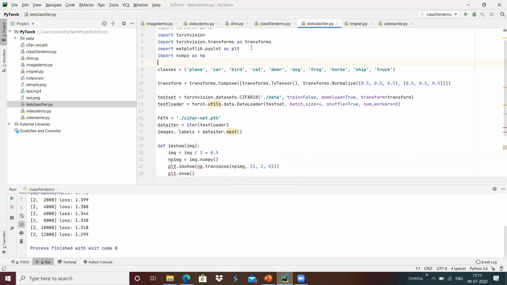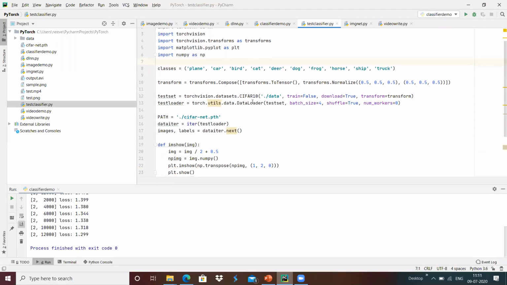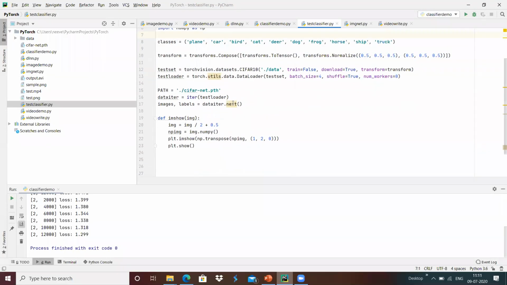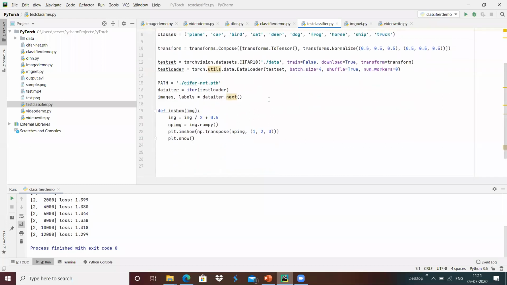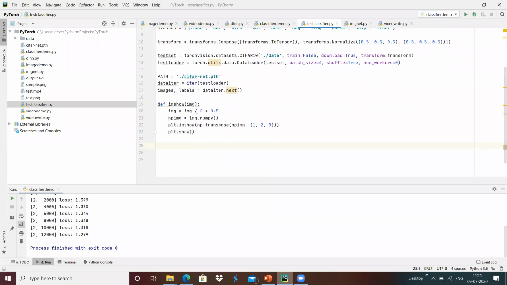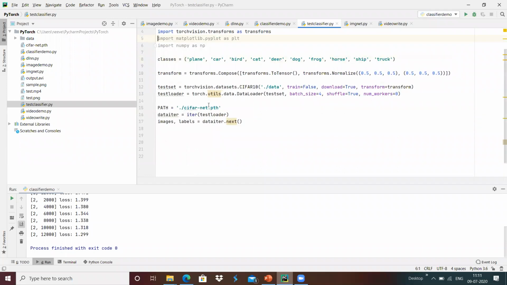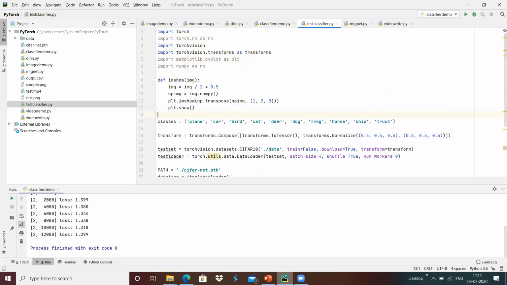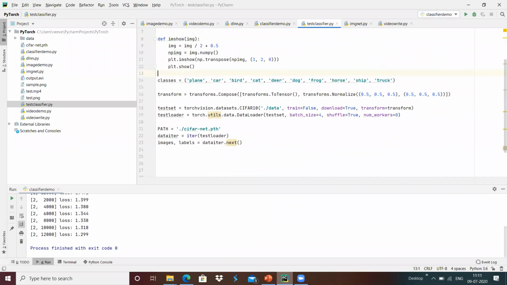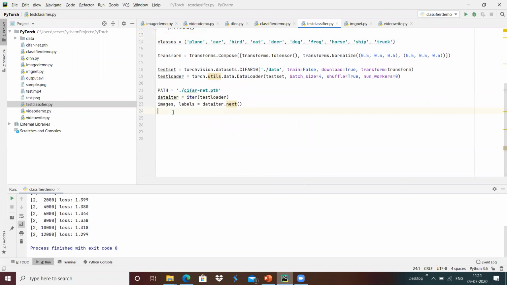And once we have the image, whatever data we have loaded, I'm going to copy this function to the top so that there will not be any confusion.